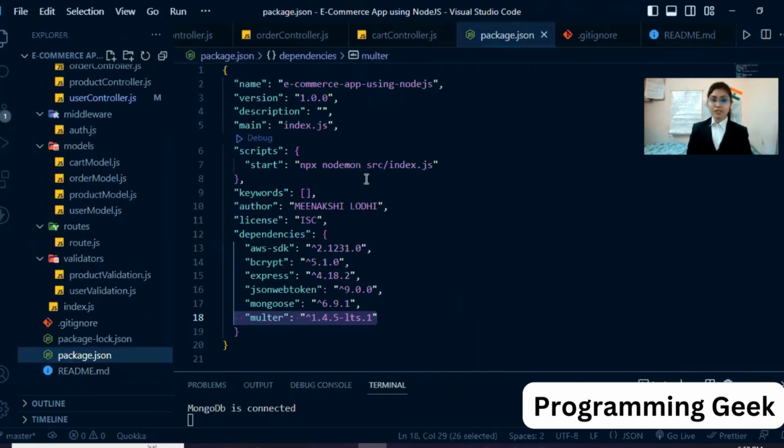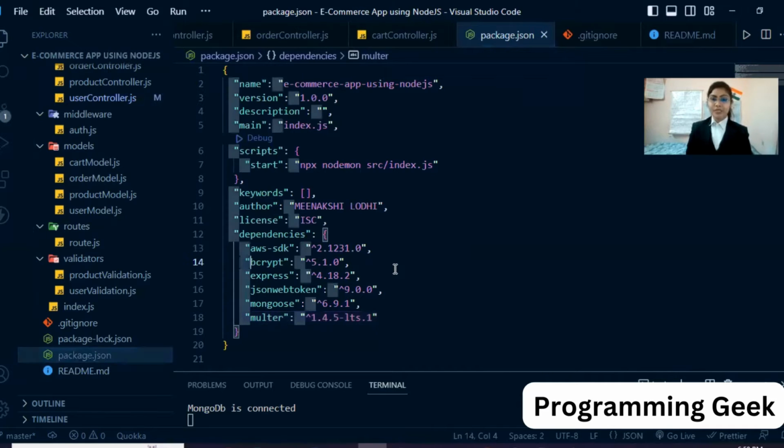This creates the package.json module. It consists of the metadata of the project, like technical information about the project, like name of the project, version, description, and keywords, and some dependencies we are using in this assignment. First is AWS SDK for storing the profile of the user.